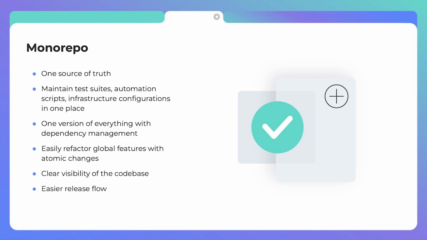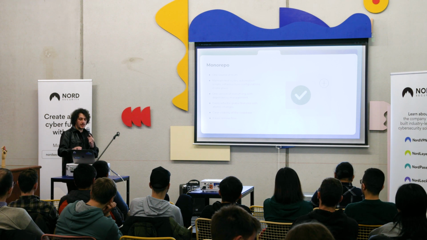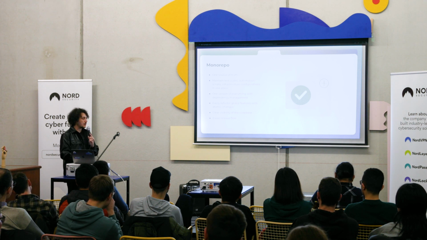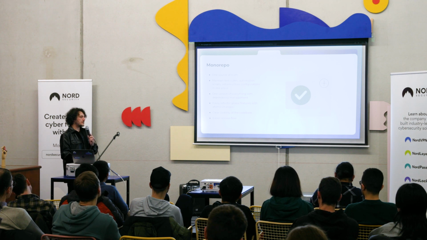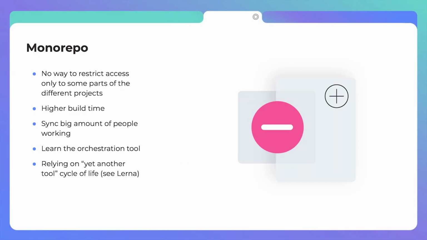It's also very easy to refactor features because whenever you change something, you have full control in the same PR, from the small package to more global changes or more atomic changes in the consumer application. This gives us clear visibility, and it's very easy, if you have a good release pipeline, to release what you're going to change. From the other end, there are cons of using a Monorepo approach, which is actually no way